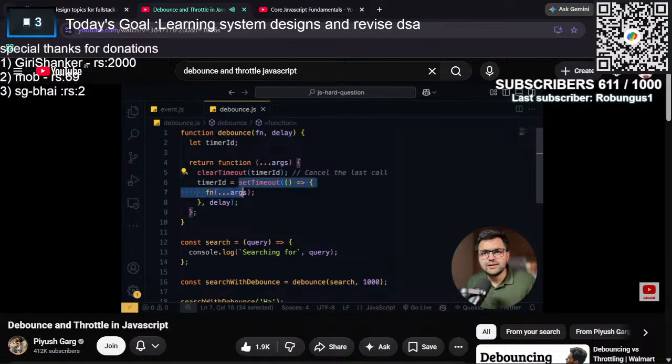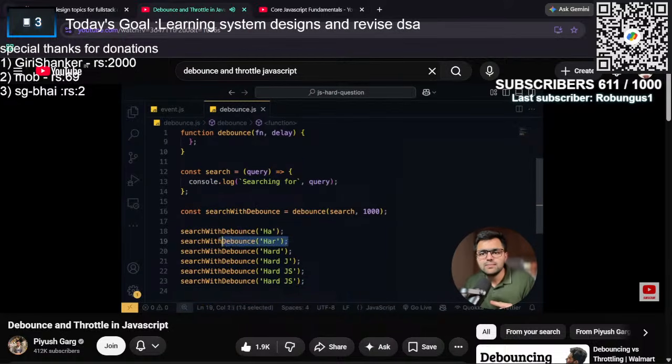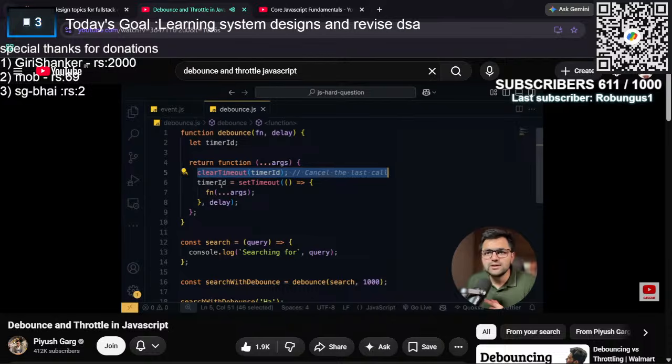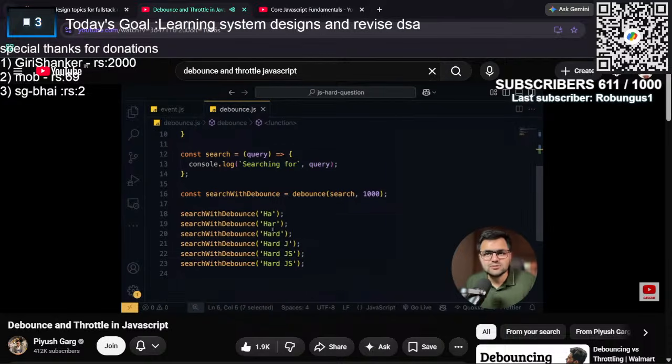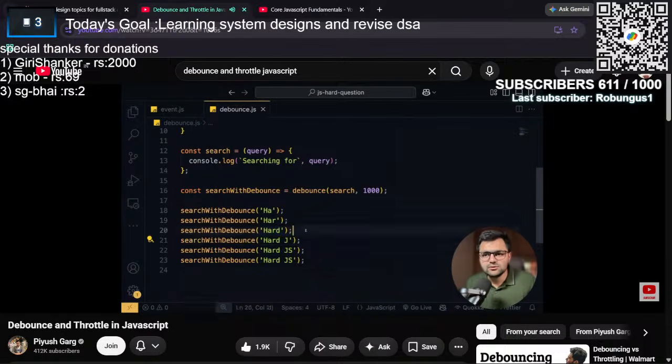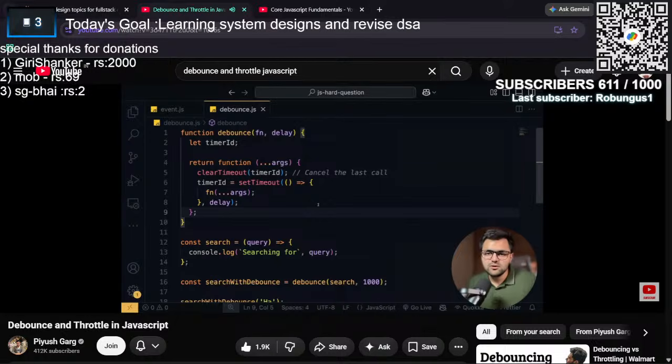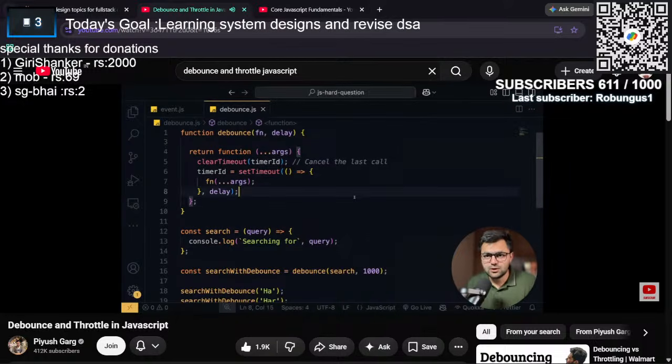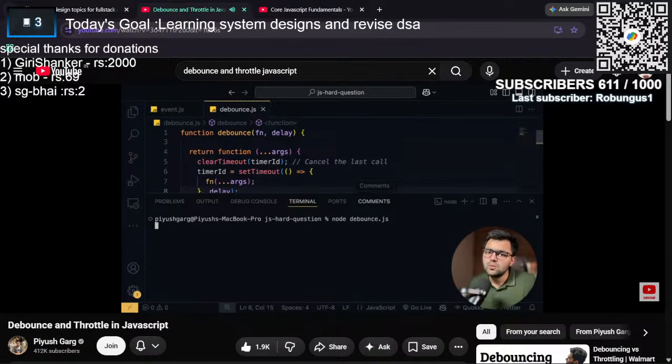तो टेक्निकली फर्स्ट टाइम टाइमर आईडी होगा नहीं, क्लियर कुछ होगा नहीं, तो हमारा टाइम आउट लेट्स से 1 सेकंड के लिए चल गया। 1 सेकंड से पहले आपने अगली कॉल कर दी, तो अगला कॉल पिछले टाइमर को क्लियर करेगा, एक नया टाइमर चालू कर देगा और टाइमर आईडी सेट हो जाएगी। जब ये आएगा तो वो इसको क्लियर कर देगा। तो 1 सेकंड के अंदर जितने भी कॉल्स आएंगे उसके लिए हम बस एक ही एपीआई कॉल करेंगे। तो रन करके देखें कोड को।